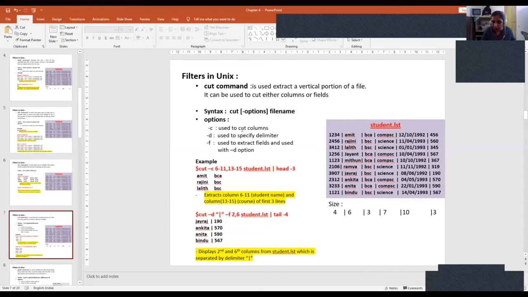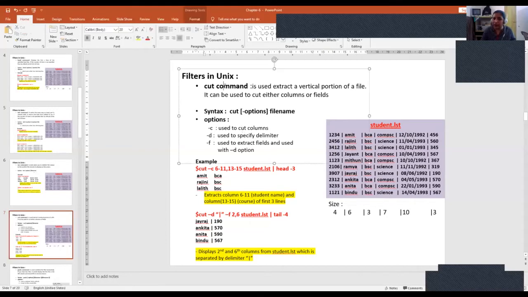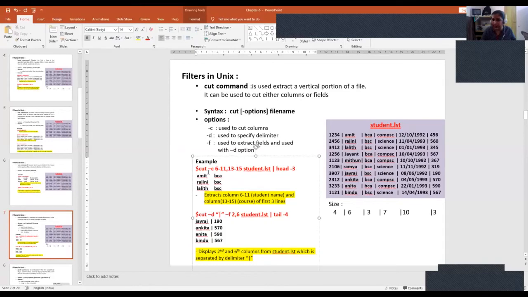Okay, there are so many options, and students, you have to make a note: whenever they ask a command, you should not write only the command details, but you should write even the options. Options are very, very important to get the complete 2 marks. If you just define the command, they don't give you 2 marks. With the options only, you have to write. Okay. Now let us understand the cut command.